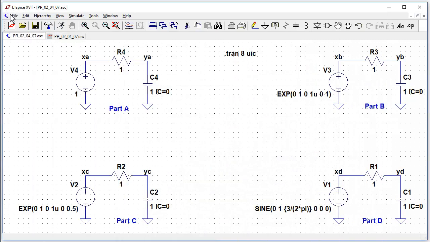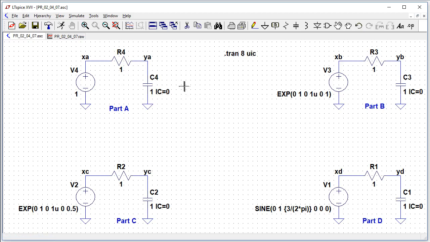We can also use LTSpice to simulate these convolution problems. I have to come up with a circuit that has an impulse response equal to the given impulse response. And in that same problem 2.4-7, the impulse response was e to the minus t u of t. A circuit that has that impulse response is just a simple resistor in series with a capacitor, a 1 ohm